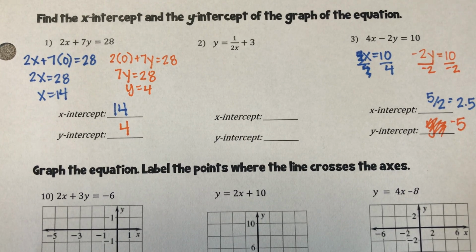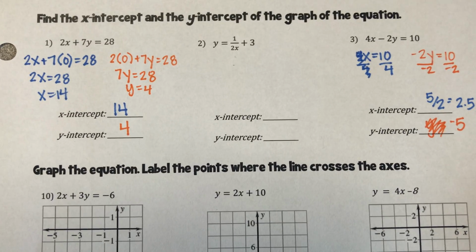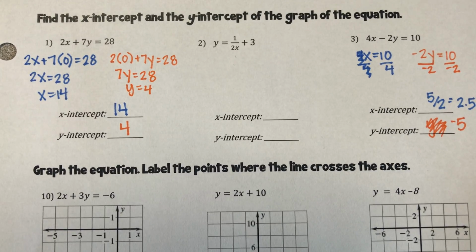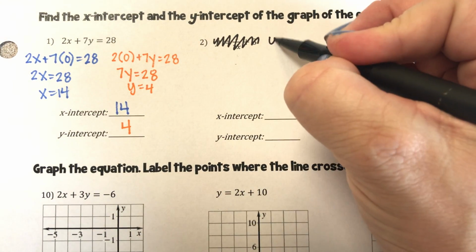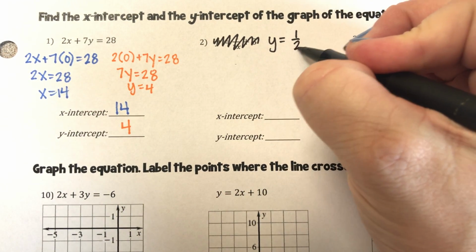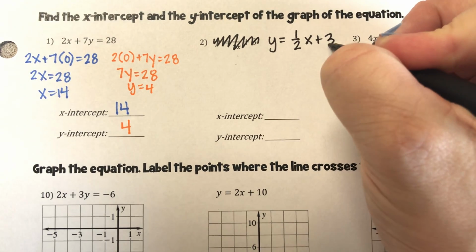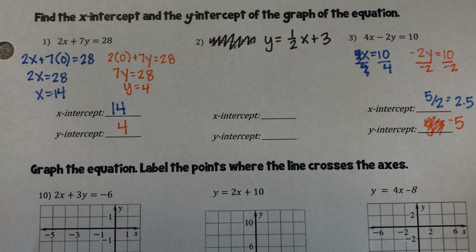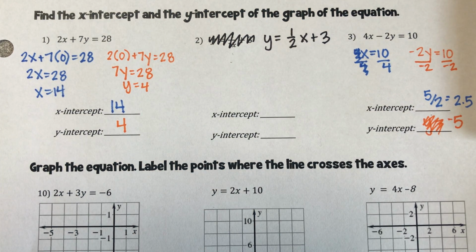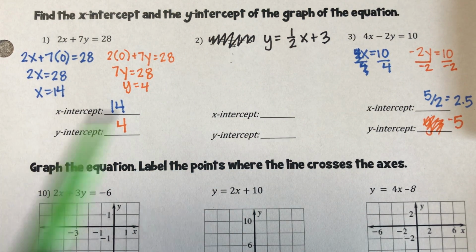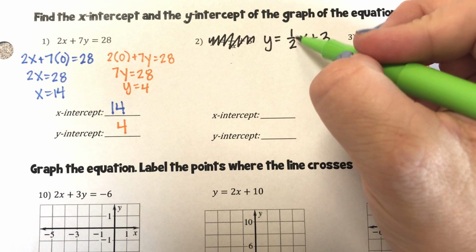So the first thing that we're going to have to do is rewrite this in standard form. Actually, before we can even rewrite it in standard form, we need to fix it because it should be y equals 1/2 x plus 3, not 1 over 2x. Okay, 1/2 x. So if I want my x and my y on the same side, right, pretend it wasn't